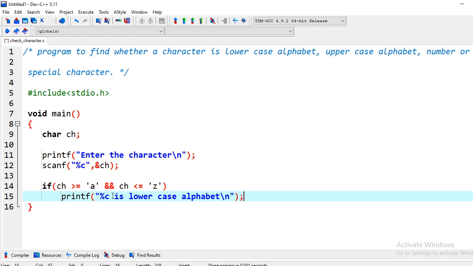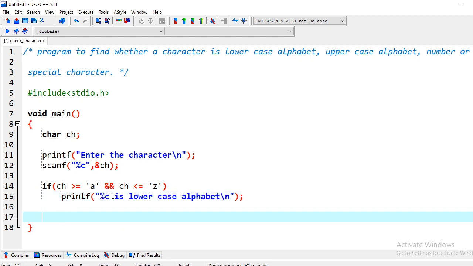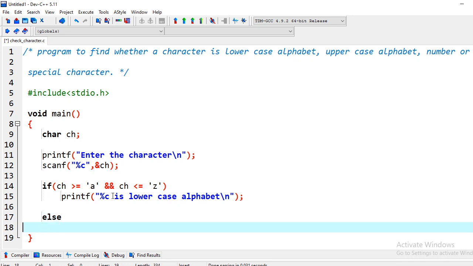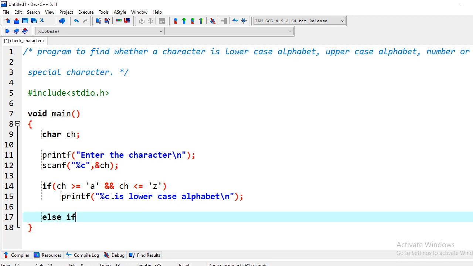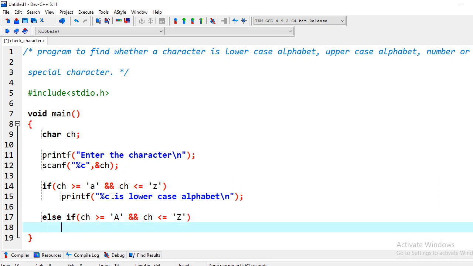Then we have to check for the uppercase alphabet. So in else if we will write the other condition, and we will do the same thing: if character is greater than or equal to capital A, and character should be less than or equal to capital Z. So in this one we are checking character should be between capital A and capital Z. Then we can say that the character is uppercase alphabet.